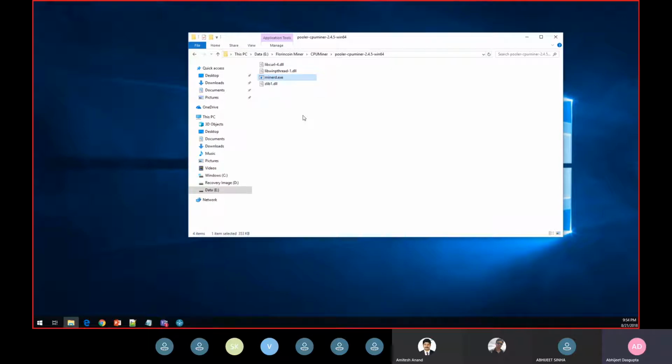In some computers, what I have seen is that the antiviruses may treat this particular file as malware. It is because some of the websites and web pages that you visit actually use some sort of JavaScript miner application to use your computational power to mine cryptocurrencies whenever you visit those sites. So this particular file may get tagged as a virus. But don't worry, just add it to an exception and you can start mining.